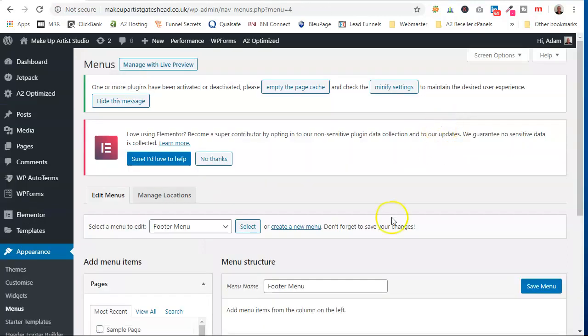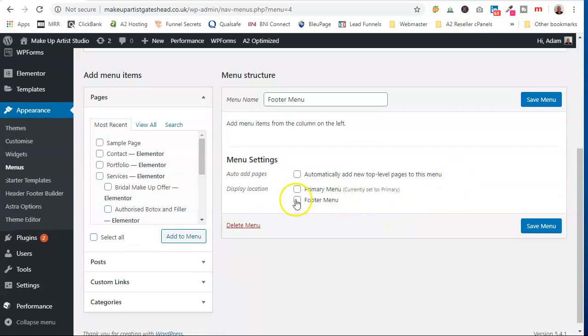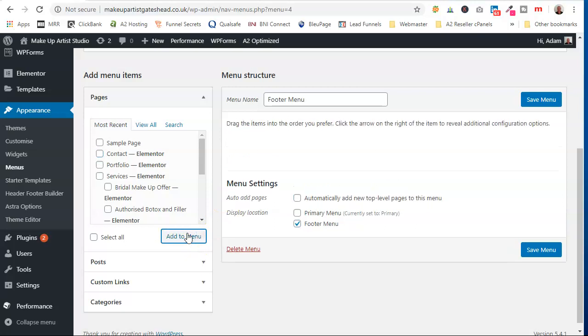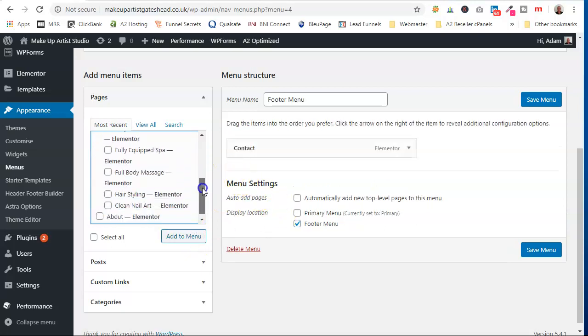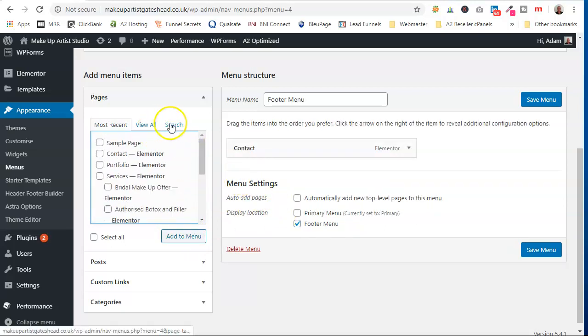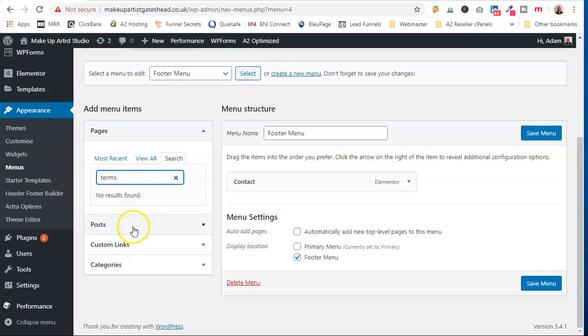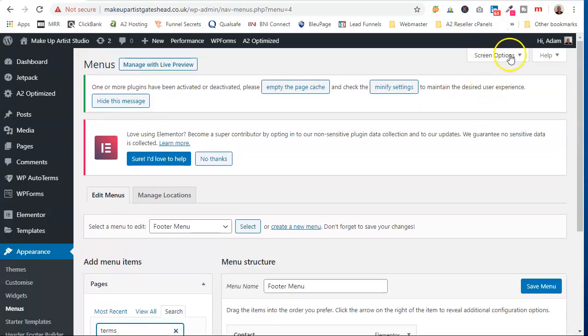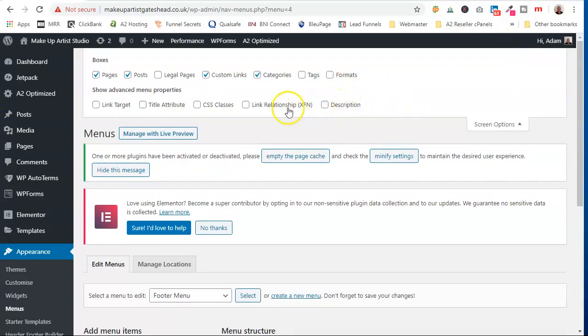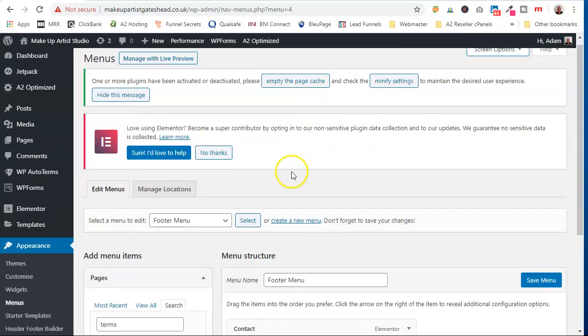Create that, click in Footer, and in here we're going to have Contact, and no results found because it's elsewhere. Legal pages, that's what we want to look at. So click on Legal Pages,